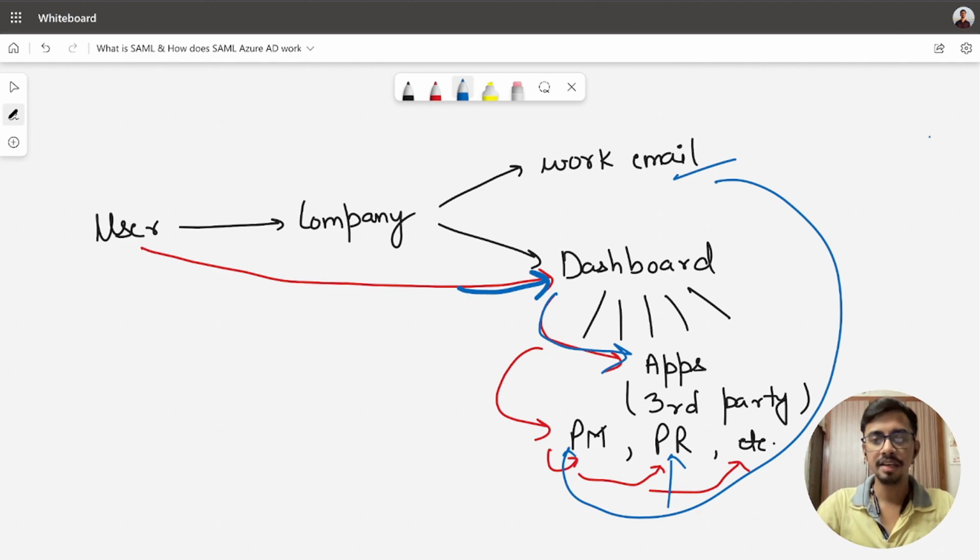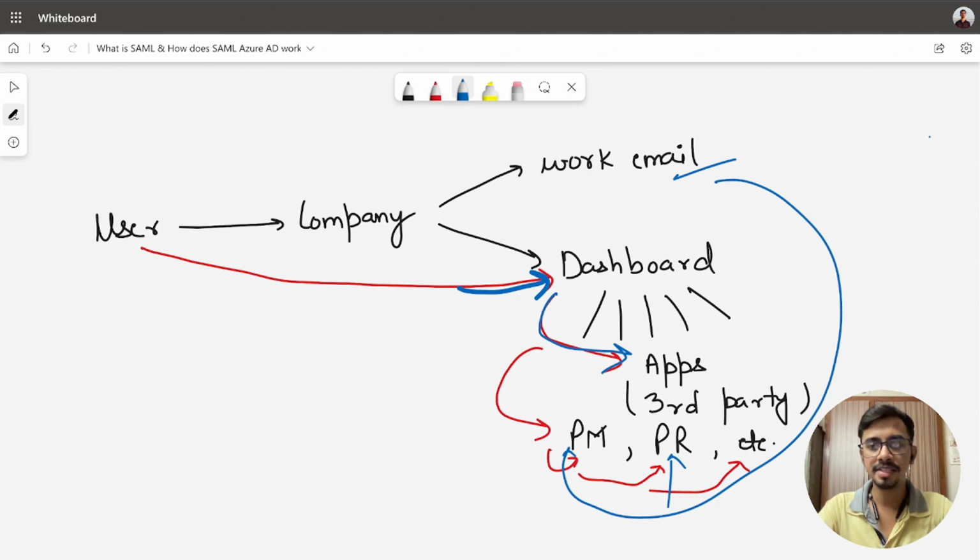So, the magic here that we just saw was nothing but SAML. The company is using an SAML based authentication mechanism using which the user has to just log in once, and he will be able to access any of the company apps that the company has given access to.